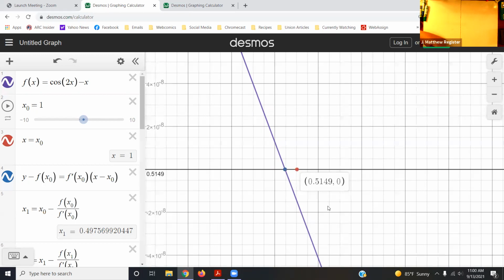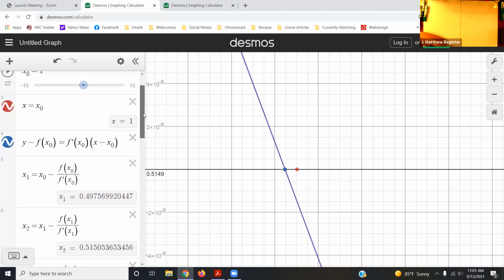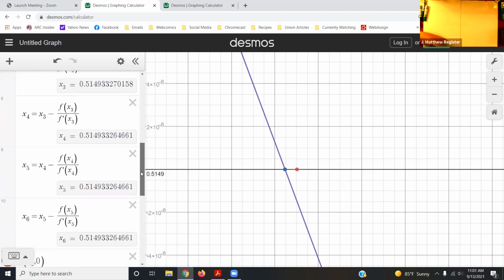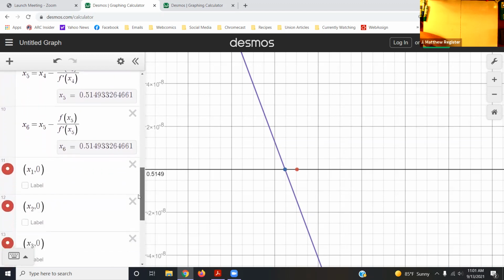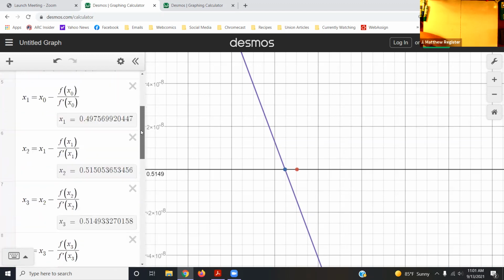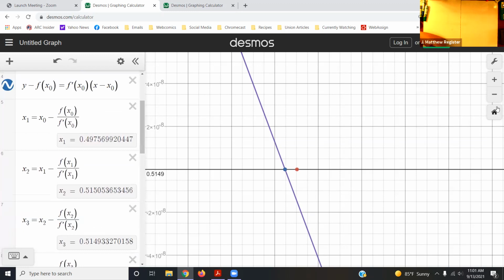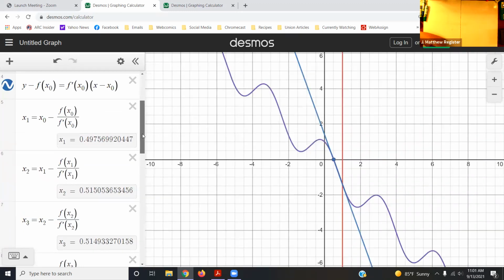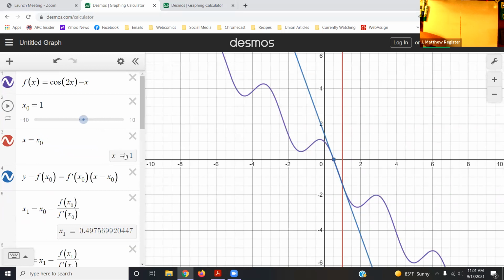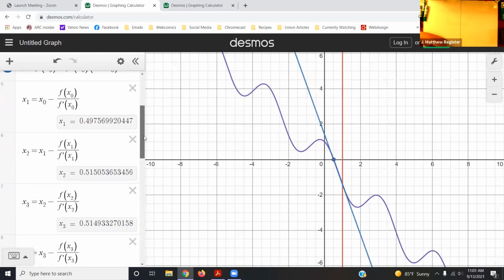Looking at our scale, it's not even appearing on the screen because of how fine the scale is at this point. They're both saying 0.5149. But we can continue this, and I've made this thing here, which again, you can copy and paste if you want to, so that it repeats this pattern 6 times. And it lists what the approximations are at each step. And so our initial guess was x naught equals 1. Then from 1, we got